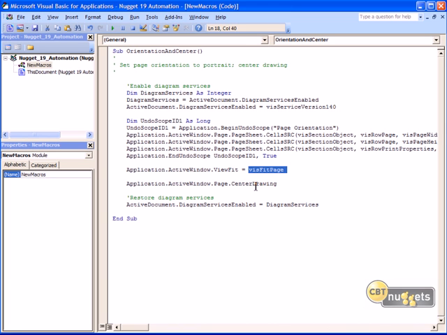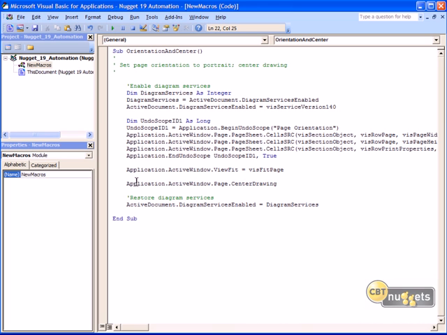Well, this must be dealing with how we can change the view when we made full screen view, fit to page. Look here, application, active window, page center drawing. Well, I'll bet you dollars to donuts, that is what did the center drawing. It's a lot easier just to type a few words than to figure out which toolbar button or ribbon tab button does that, especially because, as I said earlier, center drawing is not in the ribbon in Visio 2010 by default.